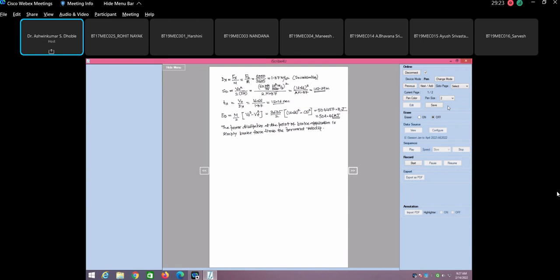So power initial is equals to FB into VI, that is V initial velocity, or V0 you can say that is equal to